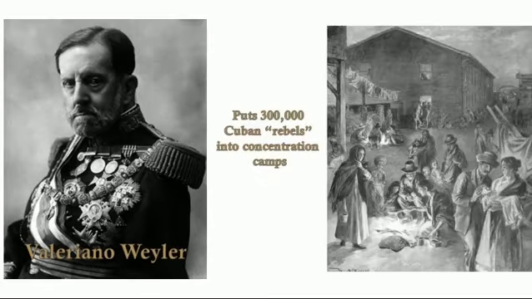He puts 300,000 rebels in. 1/3 of them die within a year. Okay? And it is massively awful. There are primary sources of how babies would die, and that would be their meal. So they wouldn't feed them any food, and they'd say, all right, go eat that. That's your meat for the day.